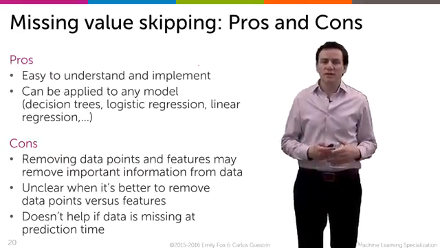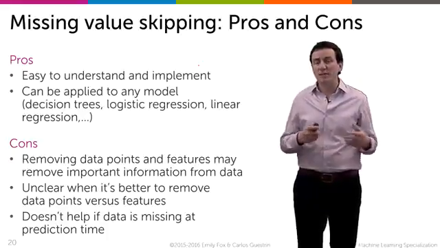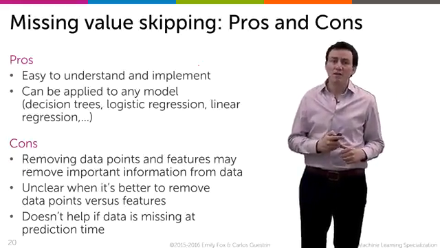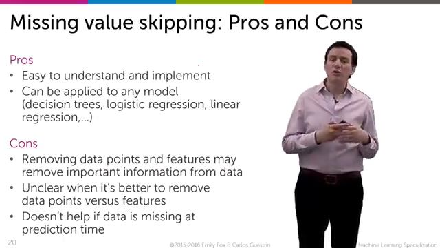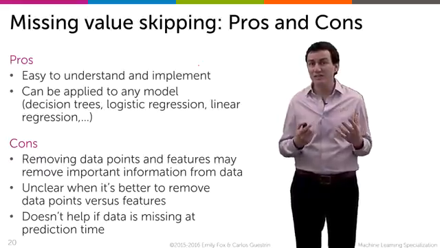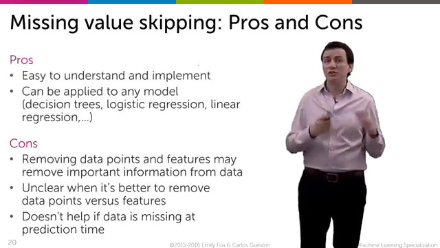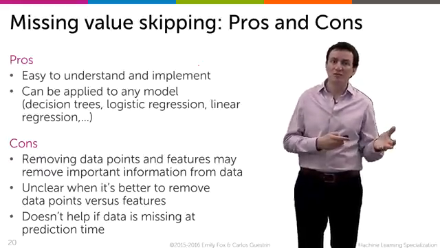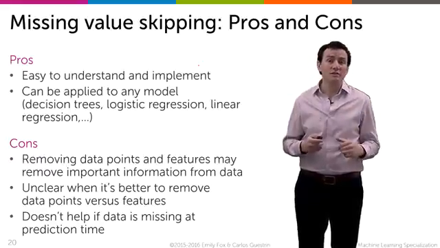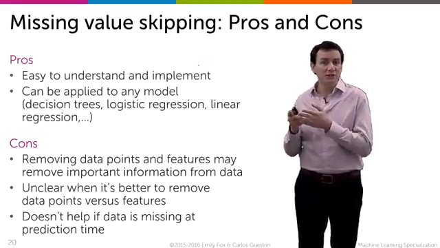In general, this idea of skipping is good because it's easy. It kind of just takes your data set and simplifies it a bunch. It can be applied to any algorithm because you just simplify the data and feed it to any algorithm, but it has some challenges. Removing data, removing features is always a kind of painful thing. Data is important. You don't want to do that. And it's often unclear whether you should remove features or data points, or what impact it will have on your answer. What do you do? And most fundamentally, even if you didn't skip too much at training time, at prediction time,